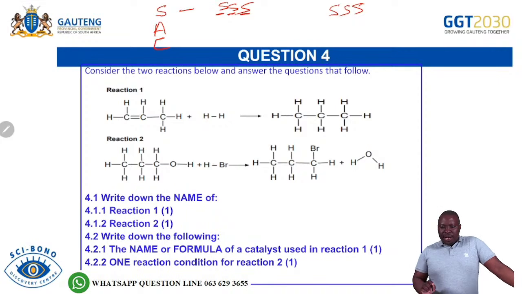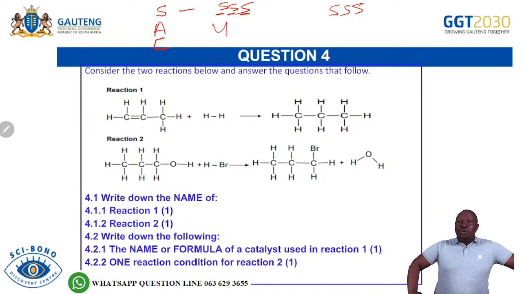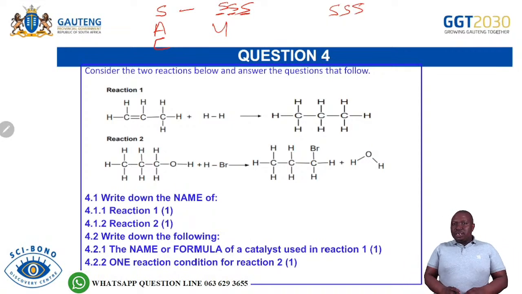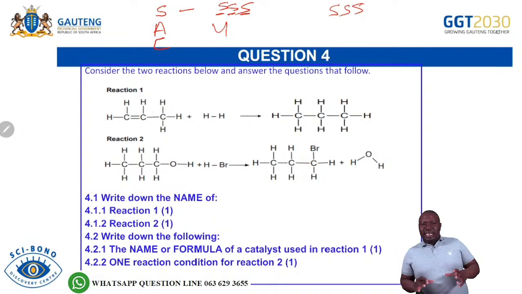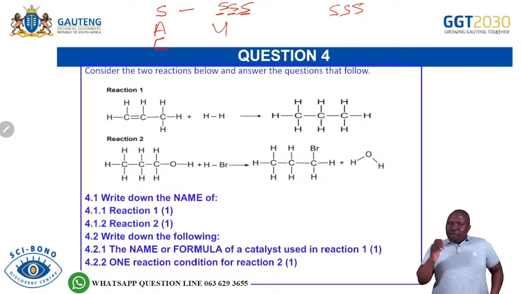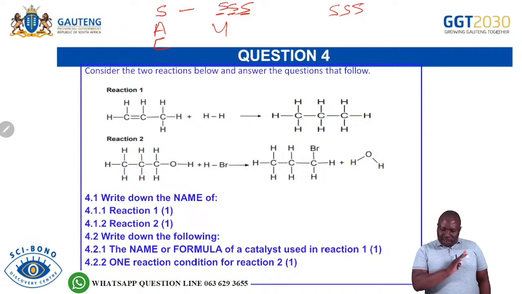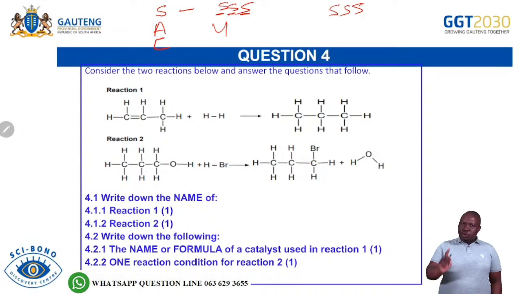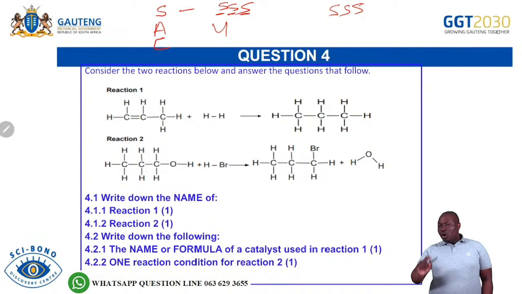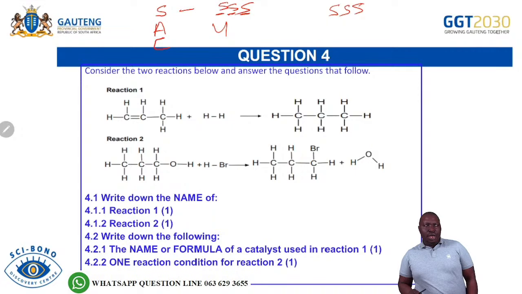However, be careful not to confuse it when you are dealing with combustion, because I will explain how you will see combustion. Now, when it comes to addition, you will have a reactant that must be unsaturated. So you must have a double bond or a triple bond. In this case, we'll be focusing on the double bond. So when you see a double bond, you know that it's unsaturated, and the double bond undergoes addition. So yours is the simplest one, because when you see a double bond, you know the type of reaction will be addition. So it becomes easier for you to see that all I'm looking for is a double bond. If I see a double bond, I know the double bonds will undergo addition reaction.